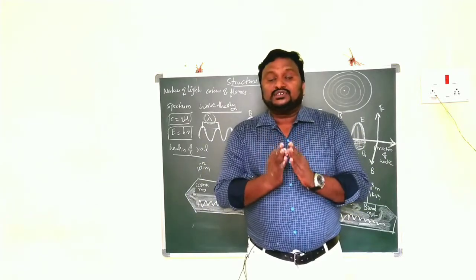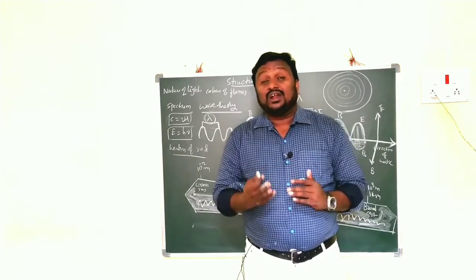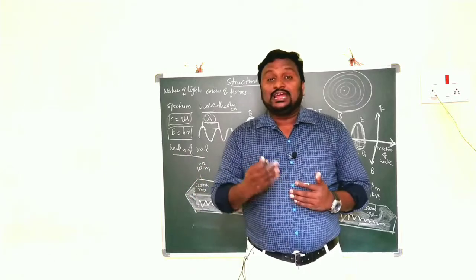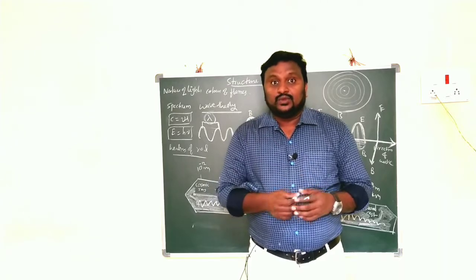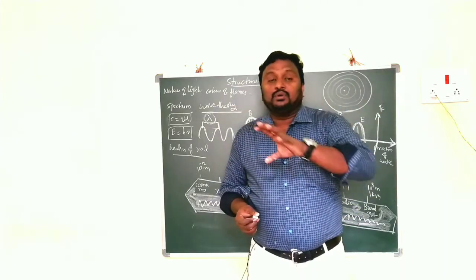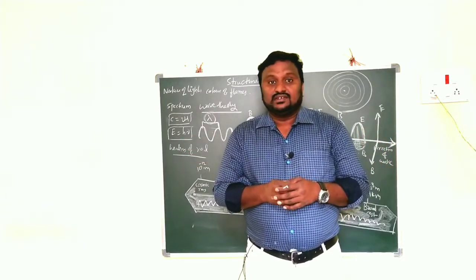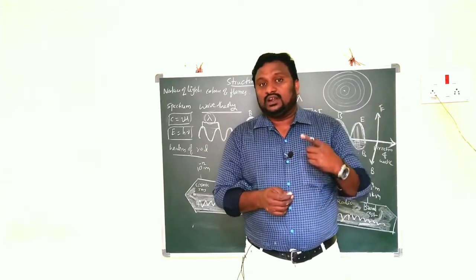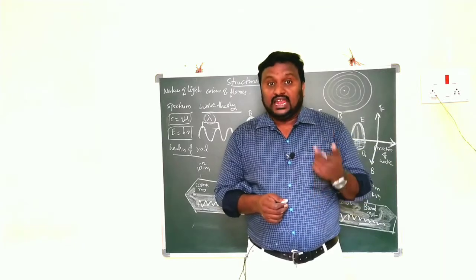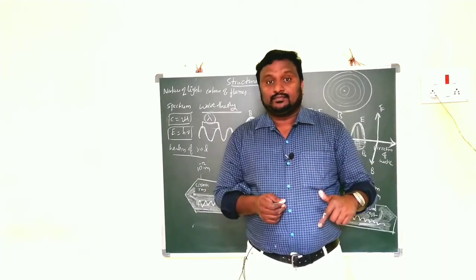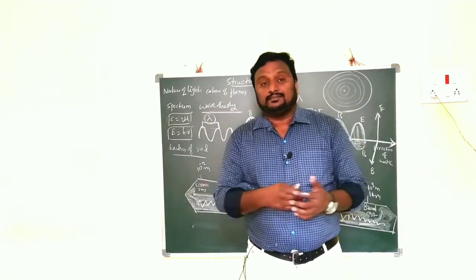Clear? So children, in the formation of a rainbow also we discussed. Rainbow consists of how many colors? 7 colors. What are they? VIBGYOR. Violet, indigo, blue, green, yellow, orange, red. When they form the rainbow, we can observe that the colors are all continuous. At that time I clearly explained that in those 7 colors, red has the most wavelength and violet has the least wavelength. If you capture them on a screen, that should be called a spectrum.